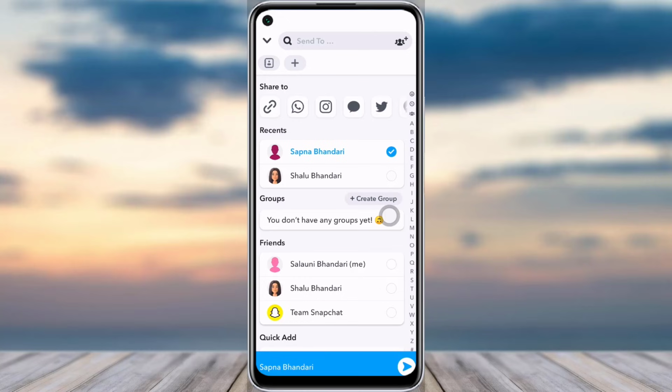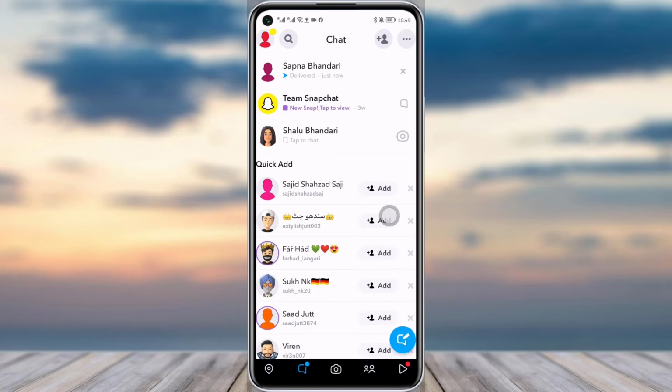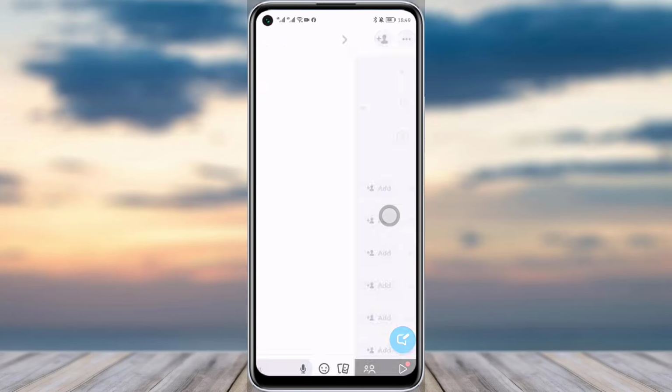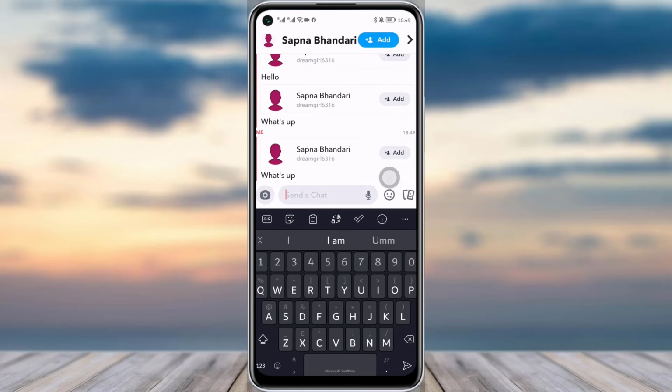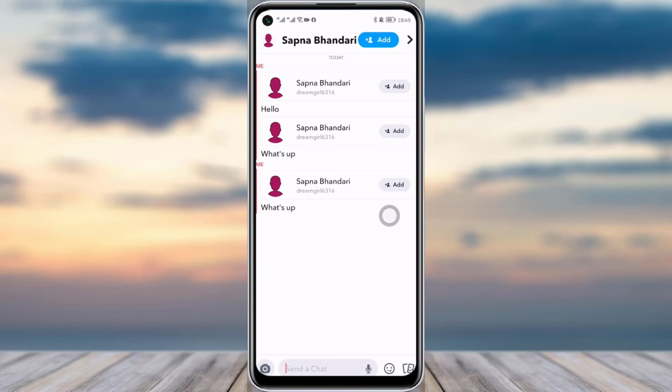Simply tap on that username, tap on the send option over there, and here you can see in your message section, simply tap on that username. As you can see, that particular message we just typed in, it's sent over there. And this is how you can simply send a message to a person without adding them,